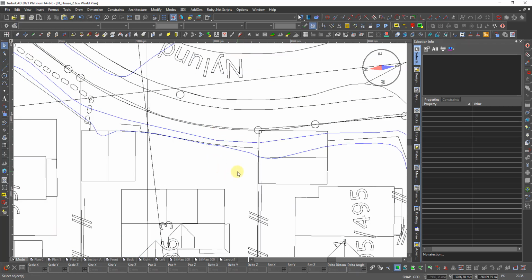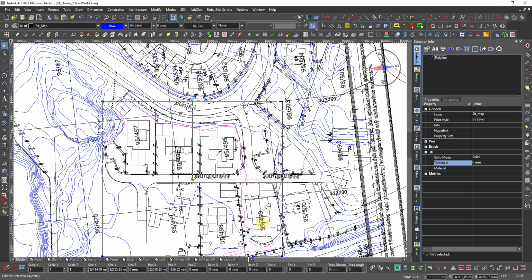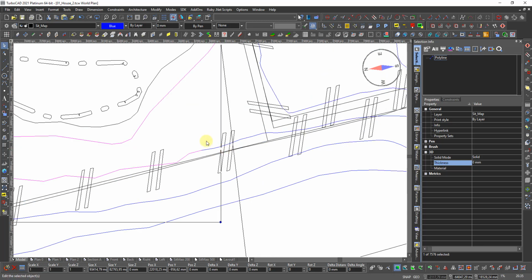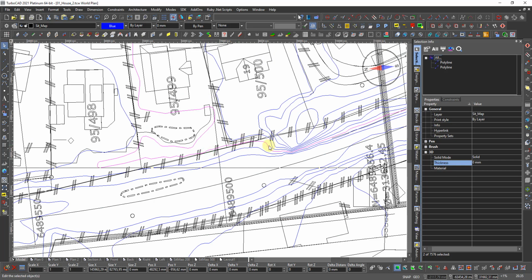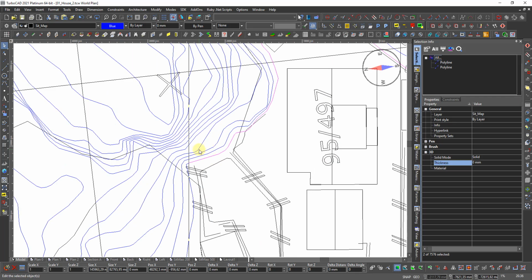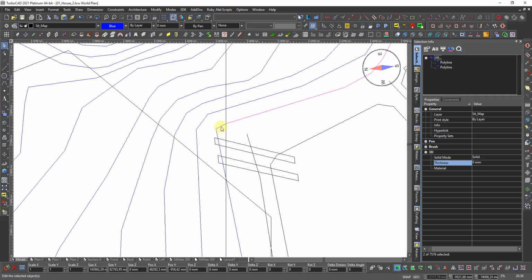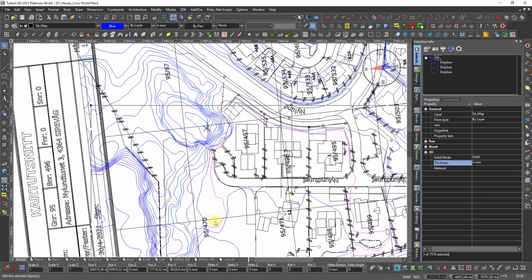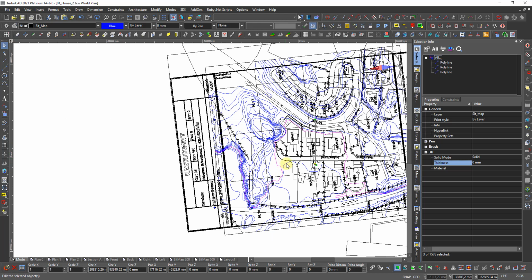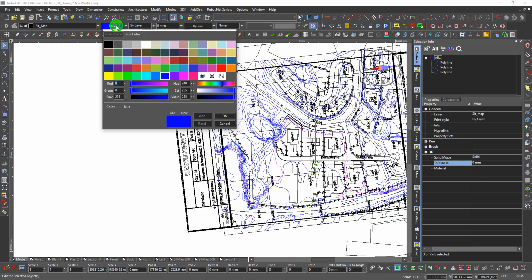Then I need to select this line. And I need to see if there's anything else that follows. There, ending there, and this one is connecting, so I also select this one, and it goes to the end of the map, on the end here, going there, coming down here, and I press shift and select that one, and going down here, and around and up, and out of the map. When I have found a complete line, I will change the color to red,